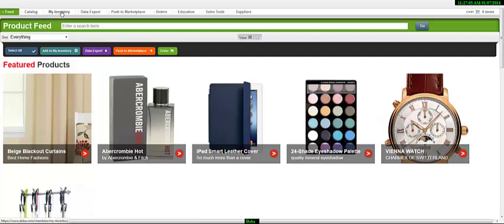And next comes the inventory. Okay, so this tab is basically to add lists and products to your inventory. It makes it easier for you to navigate through the products and categories that you set up. So let's say you go to catalog